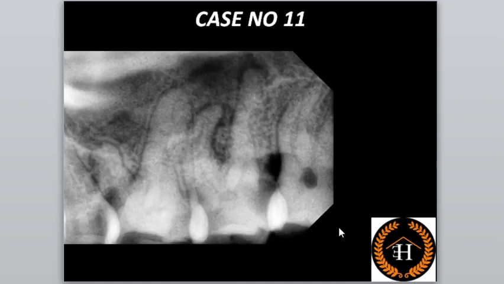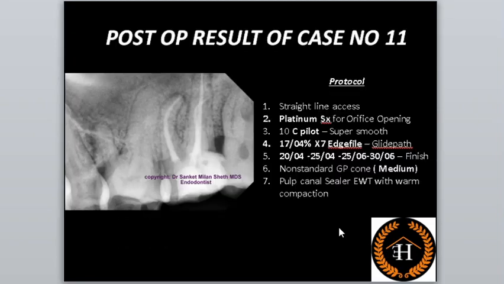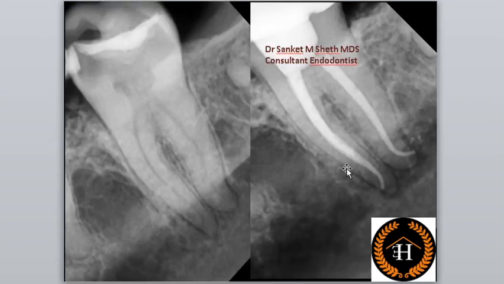This is case number 11 that I would like to share. Again a difficult case, upper 7, with curves in both the mesiobuccal canal and distobuccal canal. Now have a look at this case. Look at the maintenance of the curve and why the apex locator is important. The radiographic apex is over here probably, but the canal is ending over here. Hence it is important to trust your apex locator.